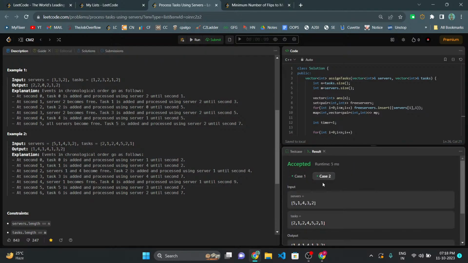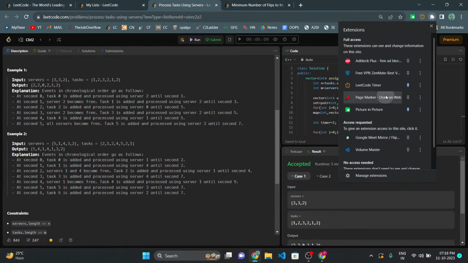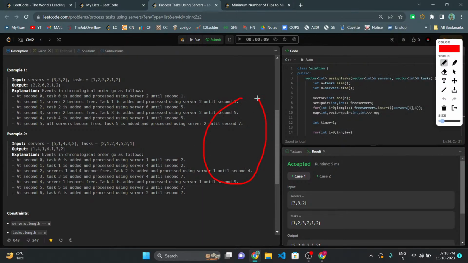Okay. So these two cases are working, but I know it will fail. Wait a second. I know it will fail when my set becomes empty and all the servers are available later. Let's say one server is available at the 5th second,